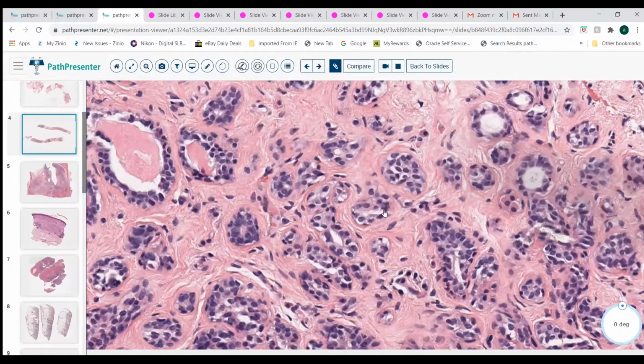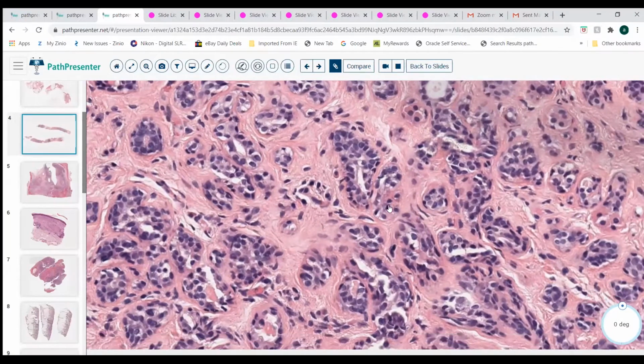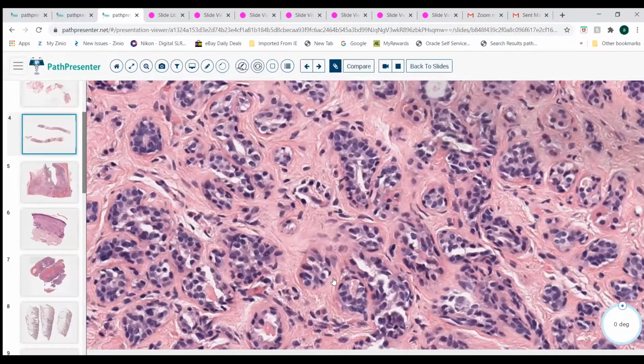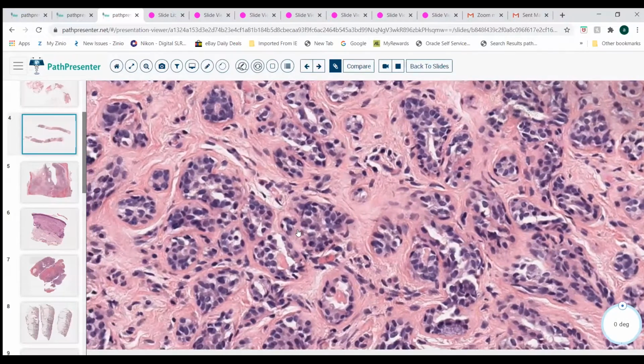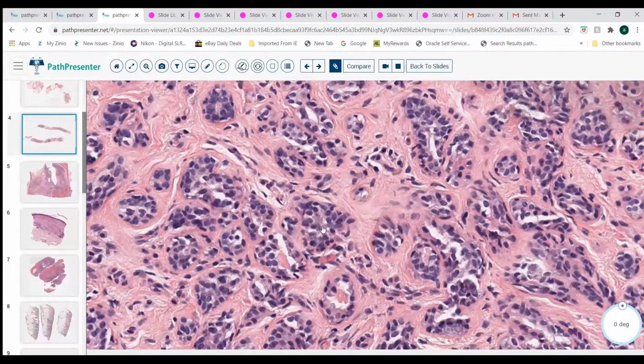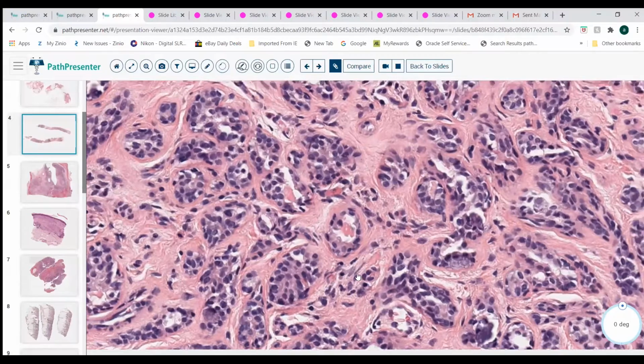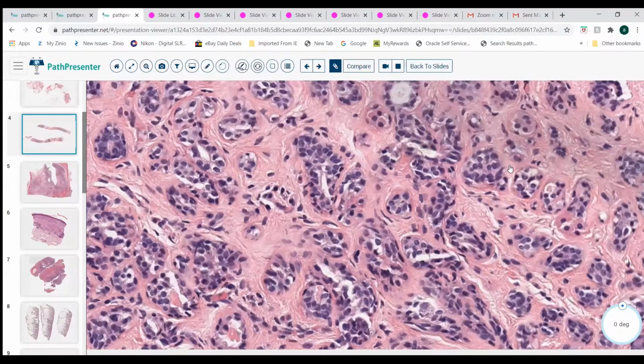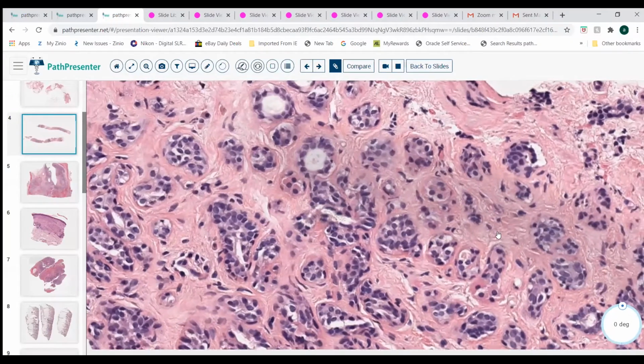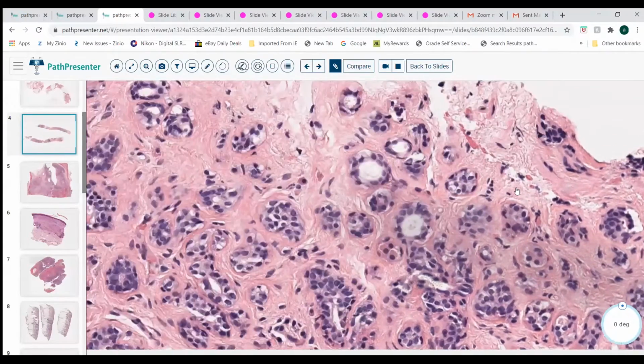While in sclerosing adenosis, you tend to have a change of the shape of the lumina. Some of them become a little bit more irregular, some of them become elongated, some of them will give you a slit-like appearance. But this phenomenon you tend to see more with sclerosing adenosis, and you don't tend to see it with tubular carcinoma. And there is another important feature as well, which is